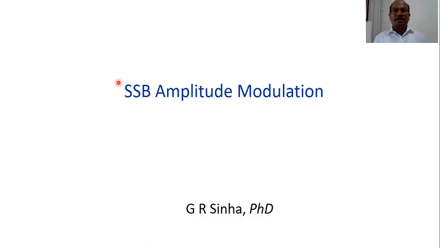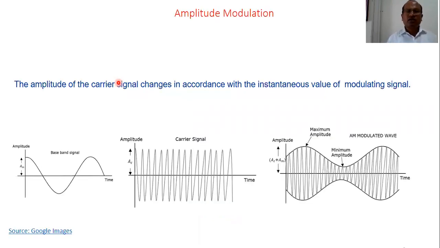So let us understand how does it work? How do we get single sideband? And is there any advantage? Is there any benefit of doing so? When we send a single sideband, do we have some advantages? So let's begin with